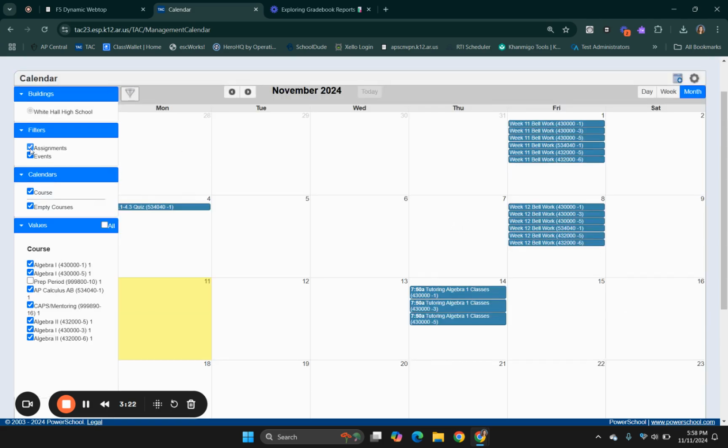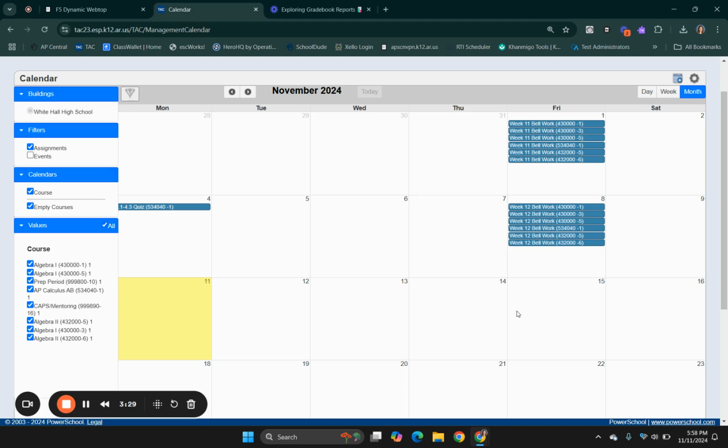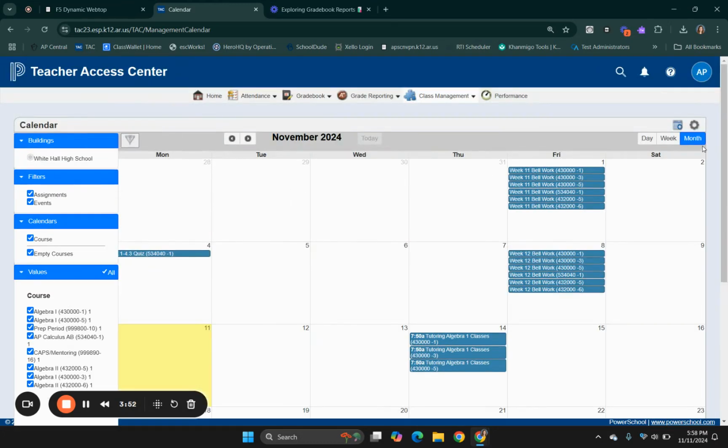If I were to turn off this assignments filter, it would just show the events that I have made. If I turn on assignments and turn off events, it will take away those events. But use this feature to your advantage so that students are clear about when you may offer tutoring, when you're having after school help time, and when you're offering service hours for those now required service hours to graduate. So this is a really cool feature. Use it, communicate with your students, and use this as a help